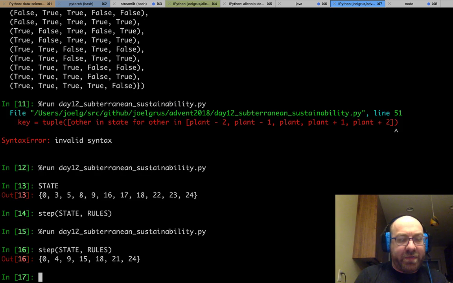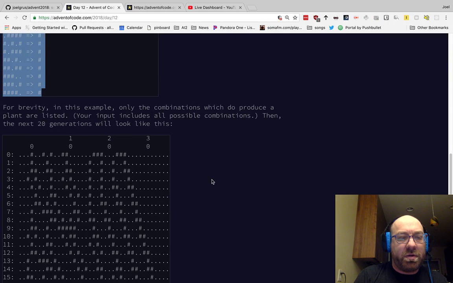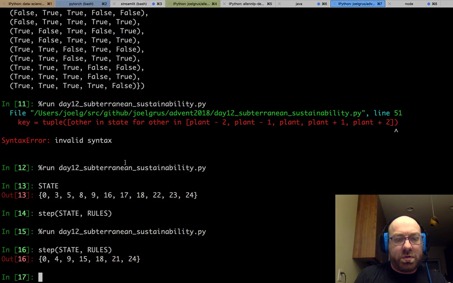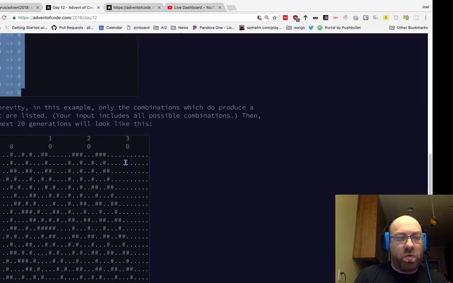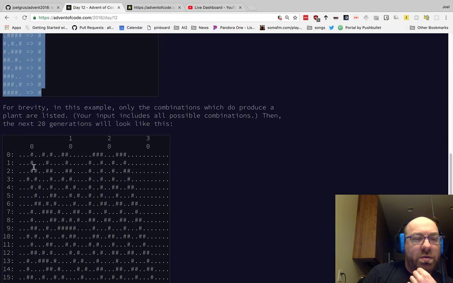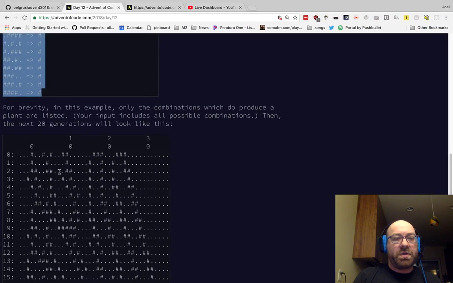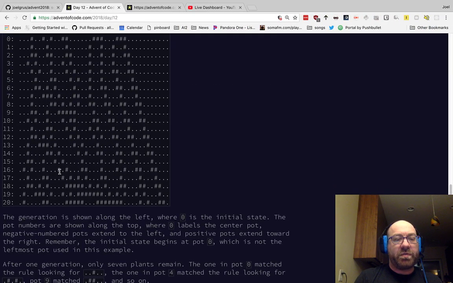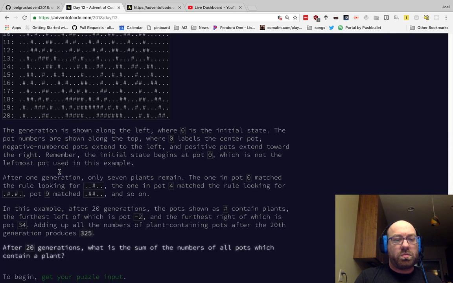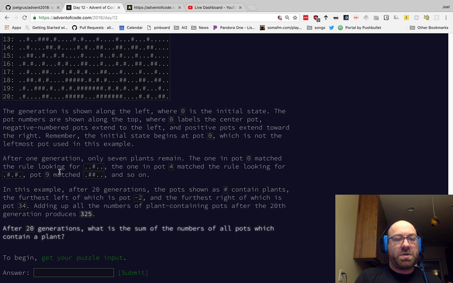So after 0, 3, 5, it goes 0, 4, 9, 15, 18, 21, and 24. And then it goes 0, 1, 4, 5. Okay, so it looks like that's doing the right thing. And so now this is saying the next 20 generations will look like this. So after 20 generations,